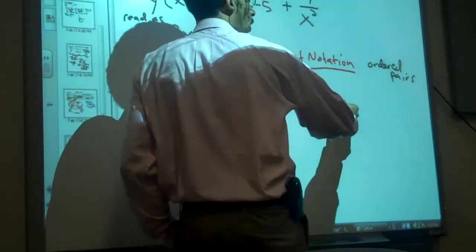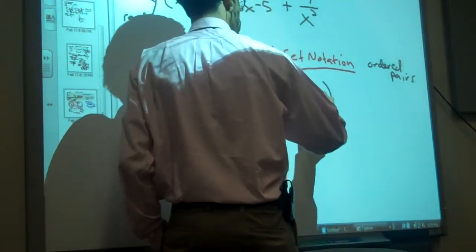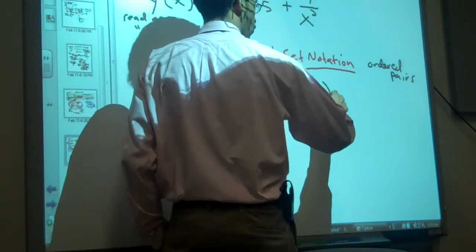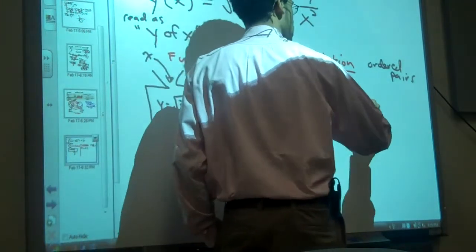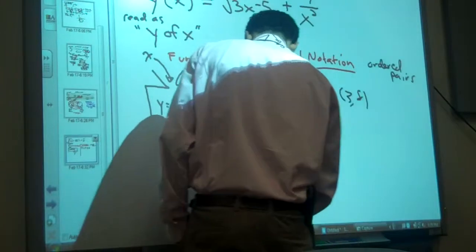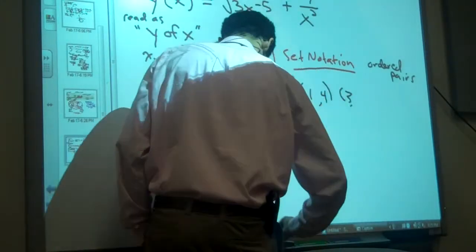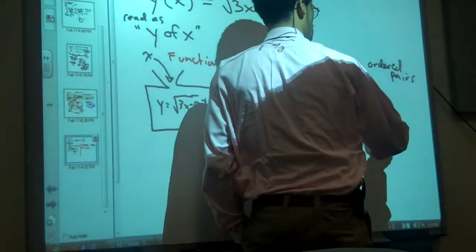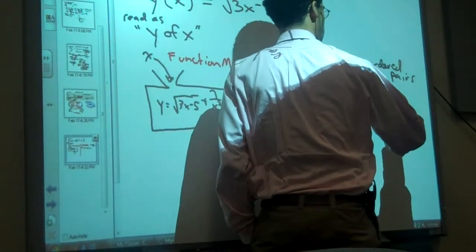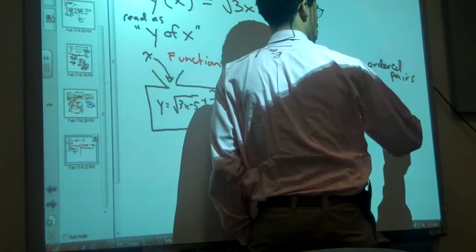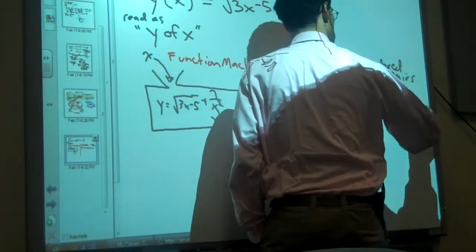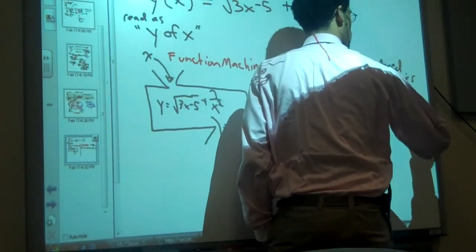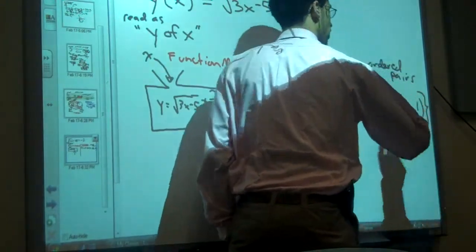The input comes first and the output comes second. So 1 goes to 4, and 3 goes to 8. And 7 goes to -4. 5 goes to 1. And that would be a function